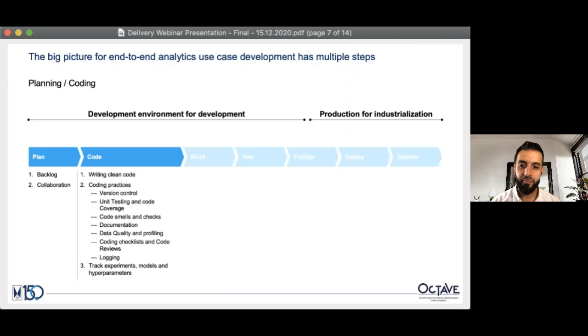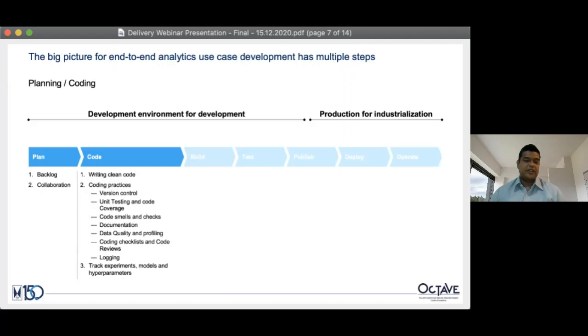Yeah, thanks, Nair. In terms of the planning stage, even at OCTAVE, there are three things we really look at when we are conducting a use case for the first time. The first question whenever we approach a problem is: what are we trying to solve, and why are we trying to solve it? Also, who are the project sponsors and who are the subject matter experts around this, which is very, very important.